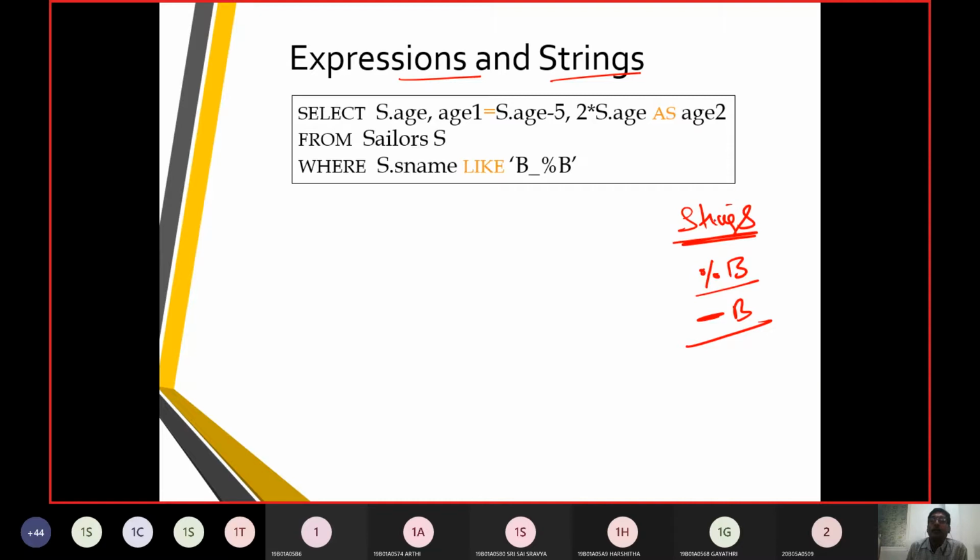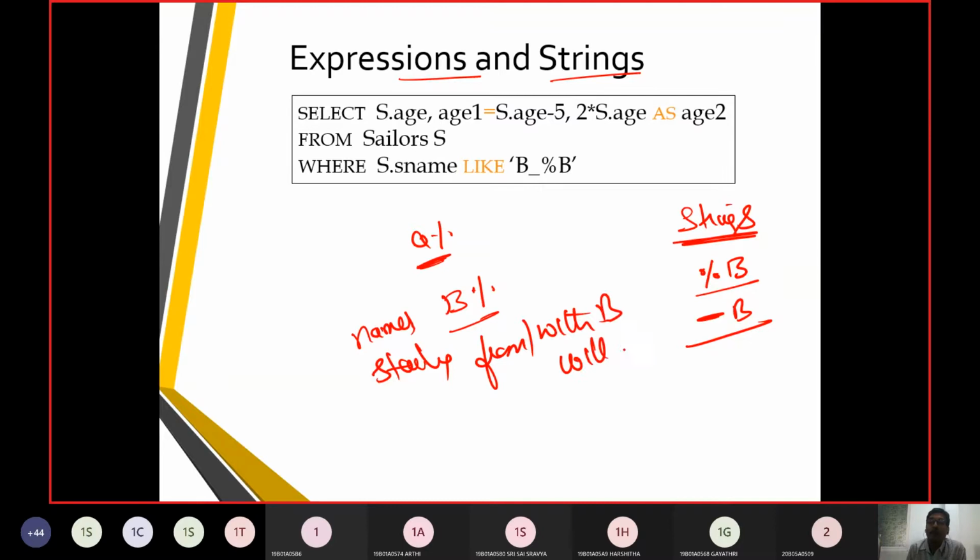Before that, we should understand that when we say a percentage, it means the names which start with A will come. When I say B percentage, it means names starting with B will occur.